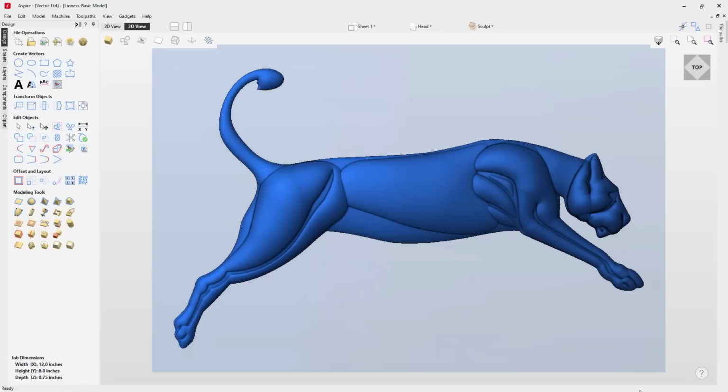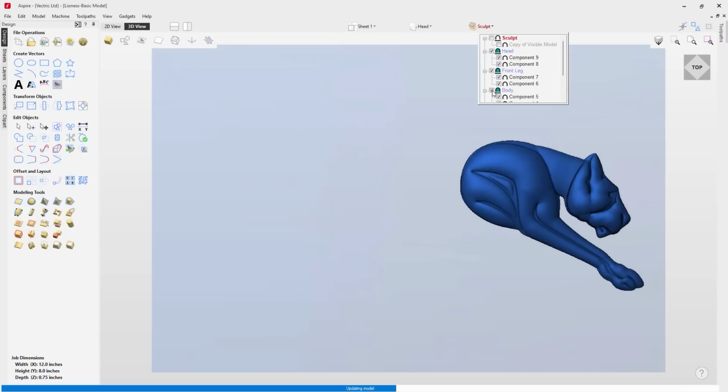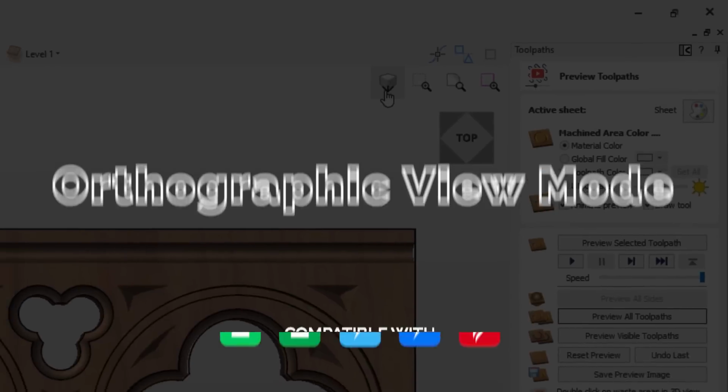We've made it even easier to access your component tree without having to go into the dedicated Components tab. So using the drop-down menu on the document toolbar, you can now switch between active levels, adjust the visibility and combine modes of the levels, as well as add new levels directly from within this menu, making your workflow more seamless.